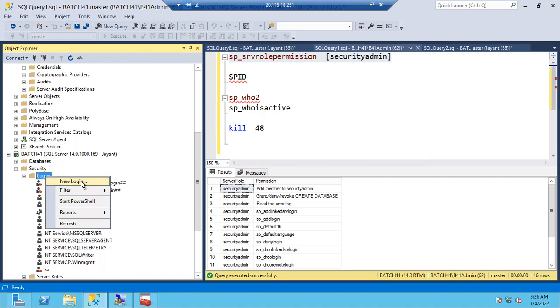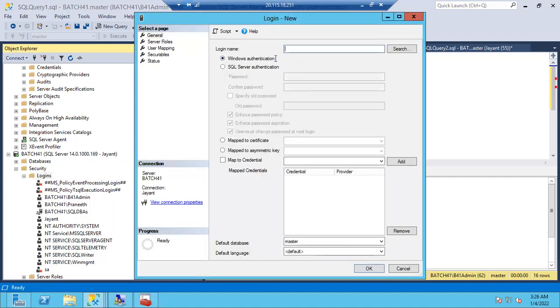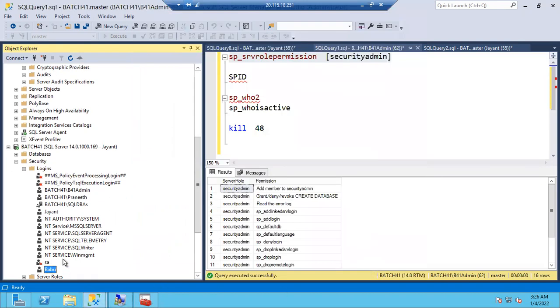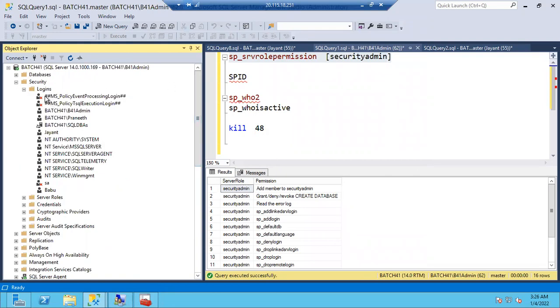Right click, new login. Okay, what is the login name? Let me go with SQL authentication. Babu. Okay, let me give 123 as the password, guys. 123, tab, 123. As I'm giving a small password, I'm unchecking this one. I'm not giving any permissions to Babu. I'm just able to create the login Babu. Okay, you can see the Babu login here. And if you see here also, you can see the Babu login. Same server, right? Here you can see the Babu login.